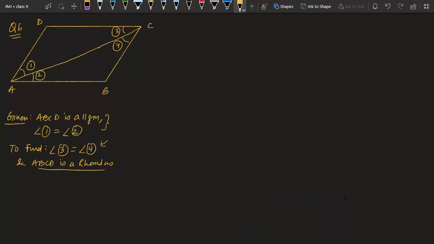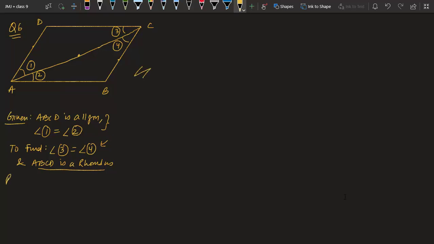It is very simple. You just have to think a little bit about some kinds of angles and it will be easy for you. So you know it is a parallelogram. Think about it. You know that AD is equal to BC and AD is parallel to BC. If two lines are parallel and there is a transversal, can't we say angle 1 and angle 4 are equal? Yes, because they are forming a shape like this, Z shape.